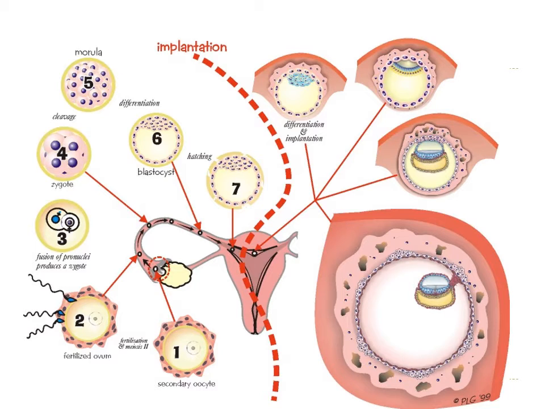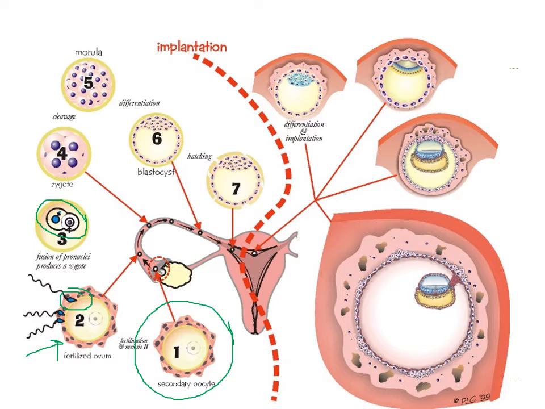So this is a graphic that kind of goes through this whole process. It's a little overwhelming when you look at it first, so let's go through it together. First of all, we have our oocyte, our mature oocyte that's been released for ovulation. Sperm then come, and one of them, looks like this guy, makes it in. Those two pronuclei, each with 23 chromosomes, fuse, and now we have a new cell with 46 chromosomes called a